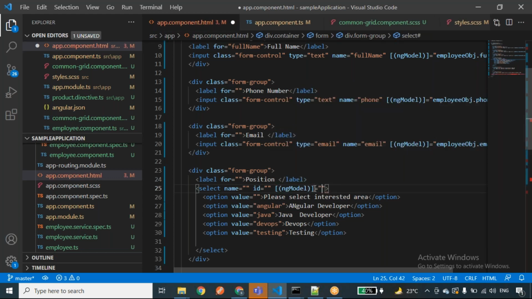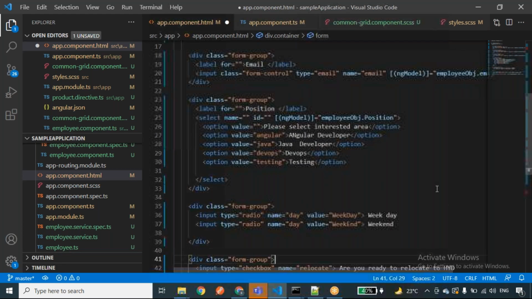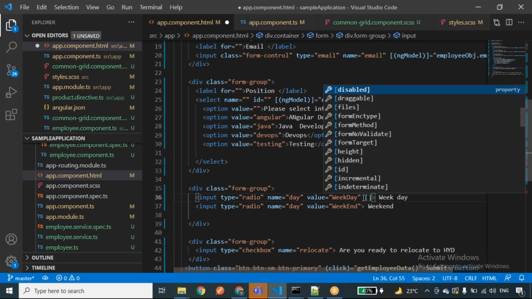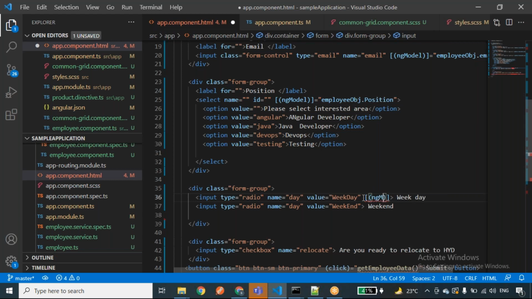I'll give its value as position, employeeObj.position. ngModel equals to employeeObj.day.